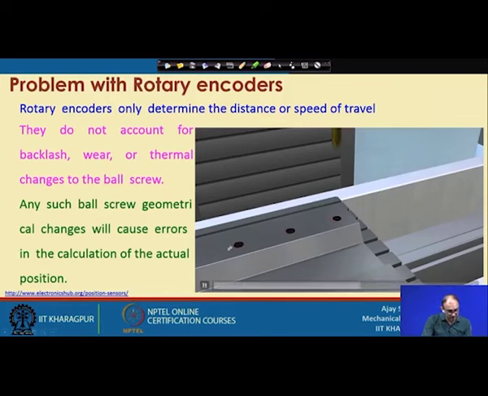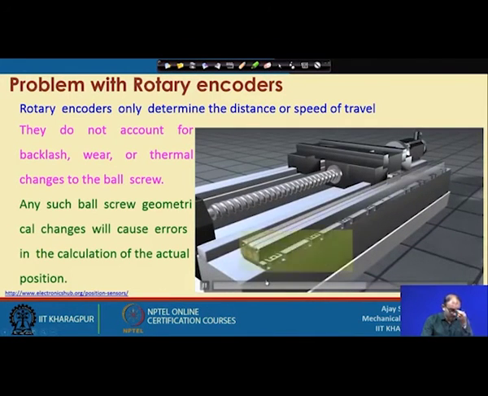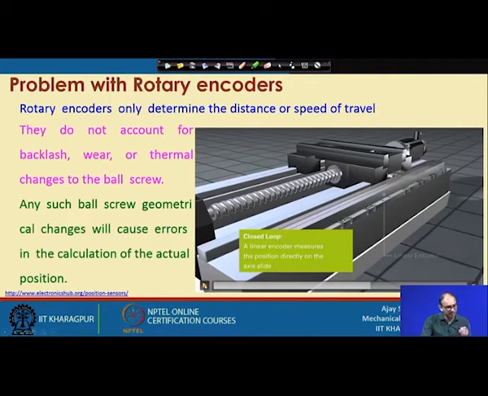So, that is the position problem here. Now you can see how much is the difference between those two parts. If you want to avoid this, what you have to do is, instead of a rotary encoder, put a linear encoder. The linear encoder measures the position directly on the axis slide. So now we are not putting the encoder at the motor side, but we are putting one strip here. That strip will help in finding the linear position, along the axis of this particular travel.